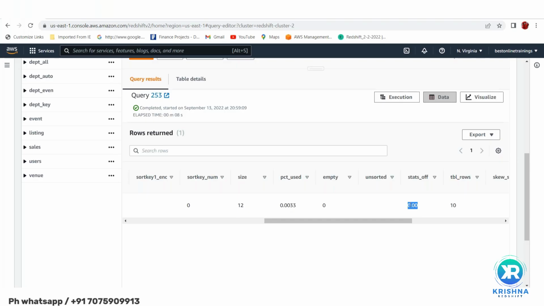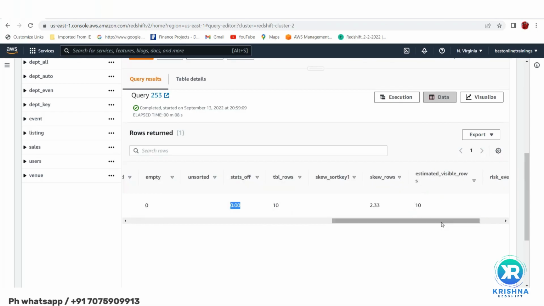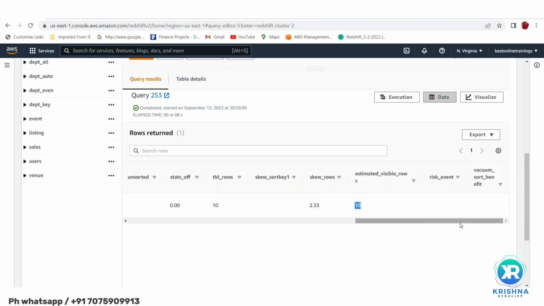Stats of 0 means current statistics are up to date. Okay, fine. Then I will see the table rows and estimated visible rows. Yes, that is also fine, so absolutely there is no issue here. And what about the skew I mentioned? Skew means